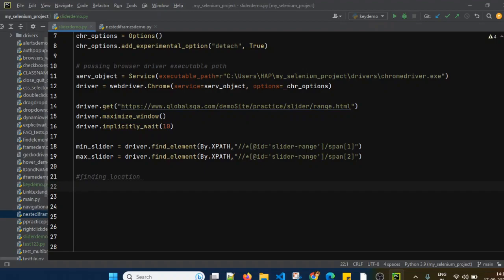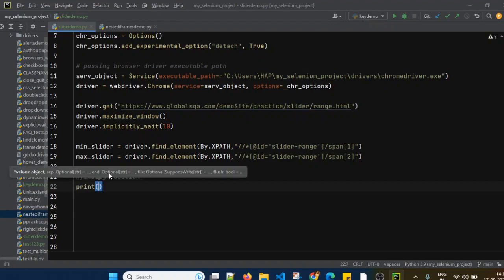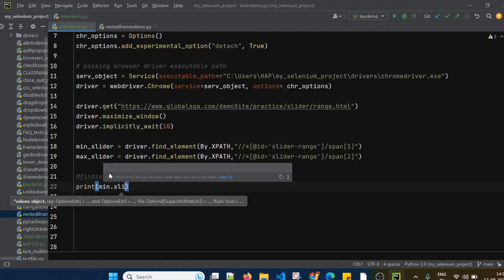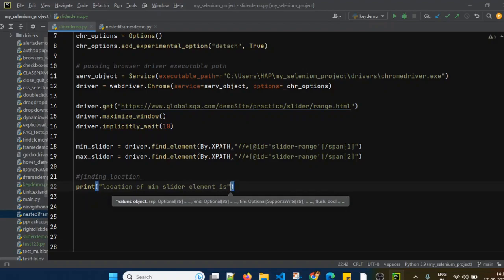So what I will do, I will just print location of min slider element is, comma.